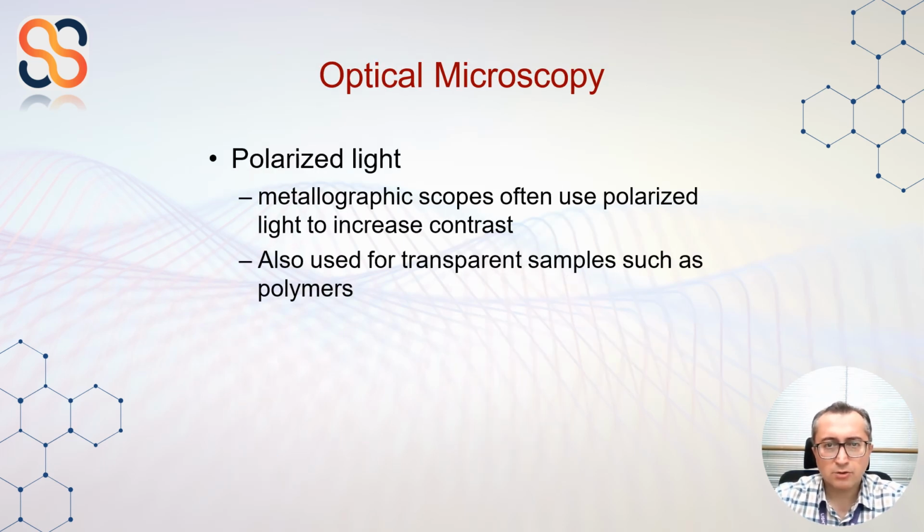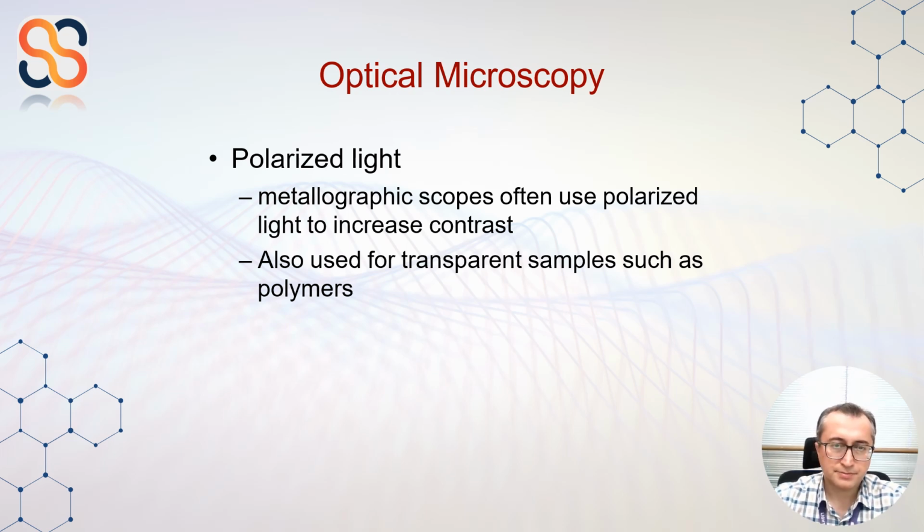How about the role of polarized light in optical microscopy? Polarized light is often employed in metallographic scopes to enhance contrast in microscopic images. This technique is particularly useful for revealing details that may not be visible under normal lighting conditions. The use of polarized light helps in distinguishing different materials and their phases based on how they interact with